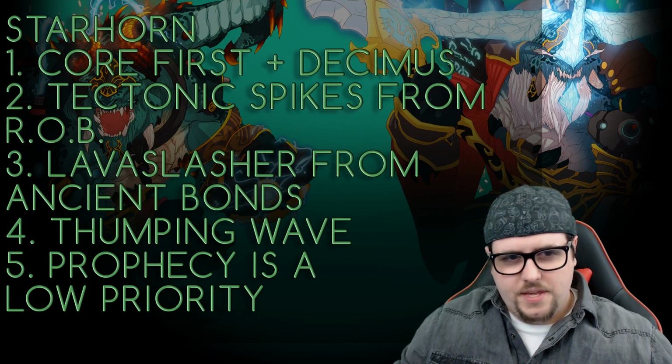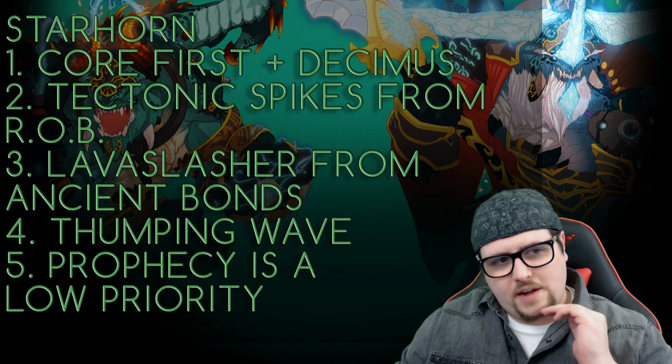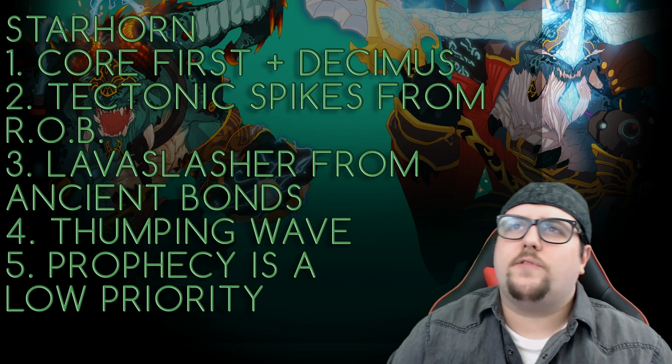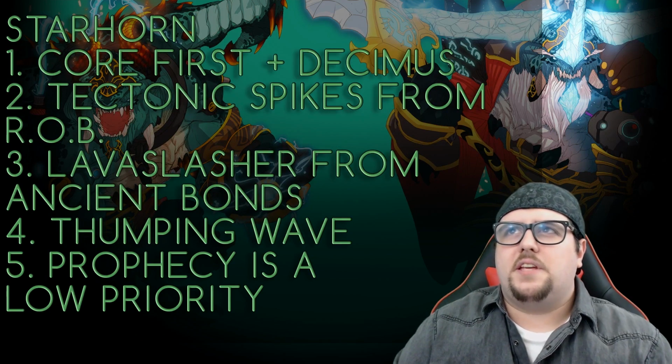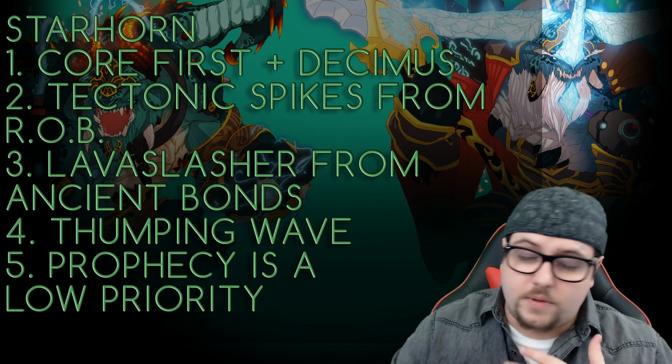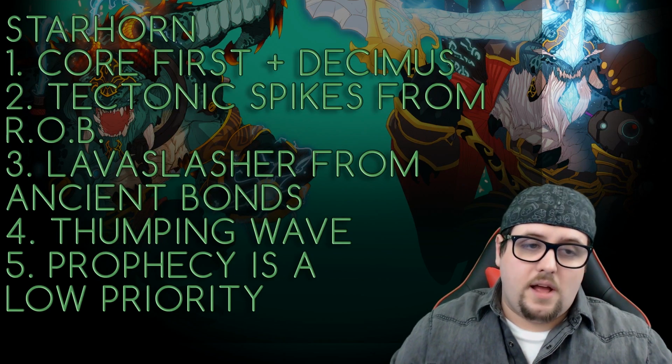Starhorn is kind of a one-trick. He has the ability to play several different combo decks because he's able to draw cards and therefore increase the rate at which he would be able to play these combo decks together. However,